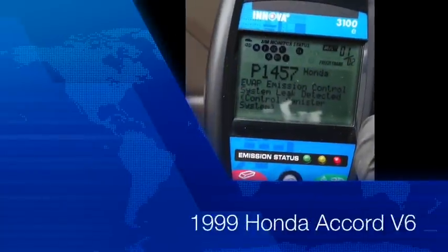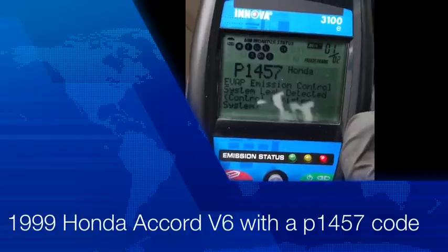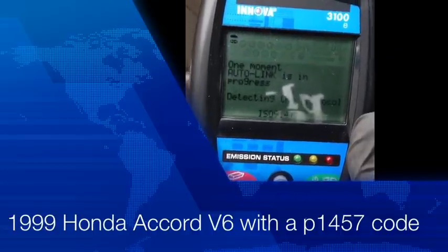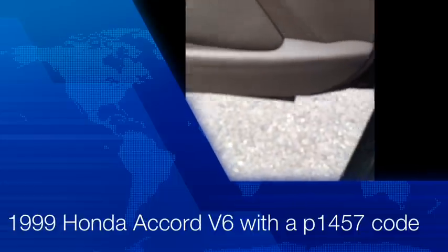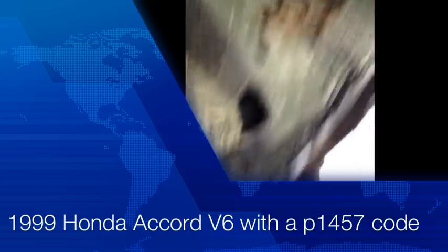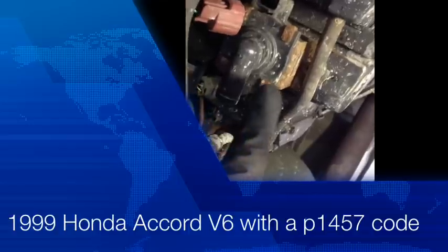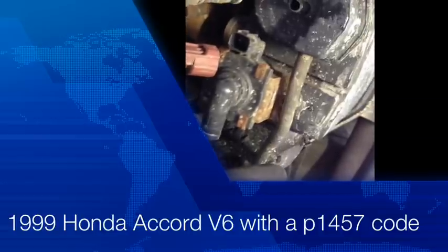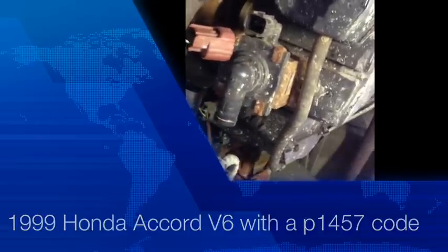So I'm working on a 1999 Honda Accord V6. It has a P1457, and I'll show you the culprit. The culprit is this canister vent shut valve right here. Just need to replace that, unplug everything, take all your vacuum lines off the canister, and take the canister down